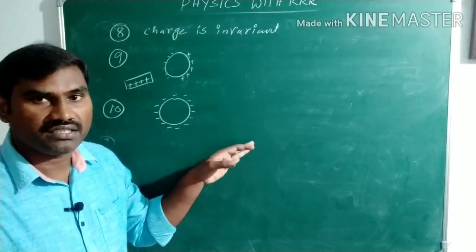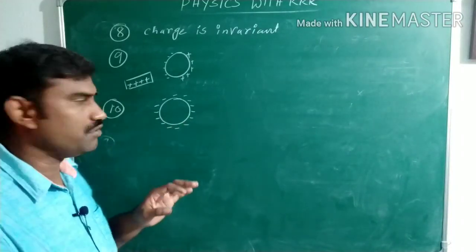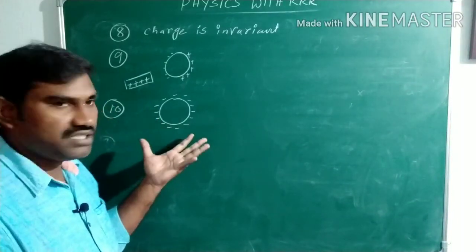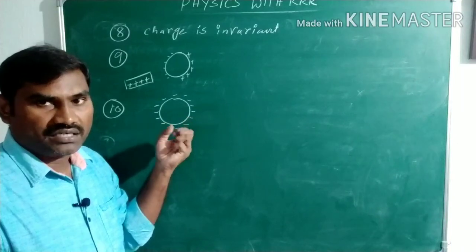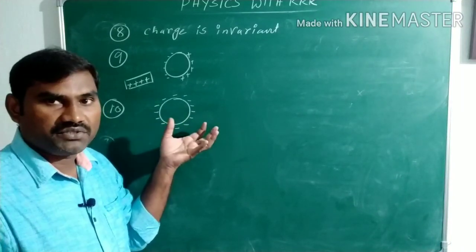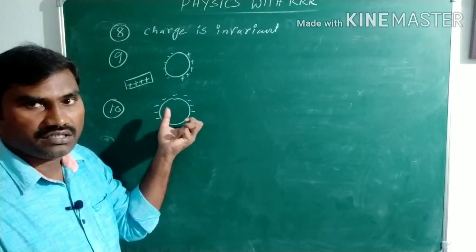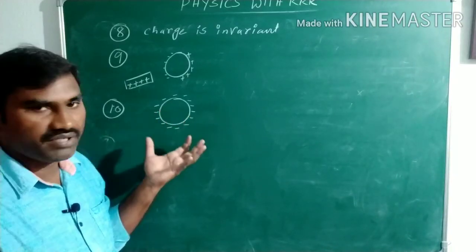Based on this, we need to find the tension. After completing electric field concepts, we may go for a discussion of this again, finding the tension in a conducting loop by using the electric field and the electric force experienced by some element of the conductor. We will discuss that later.